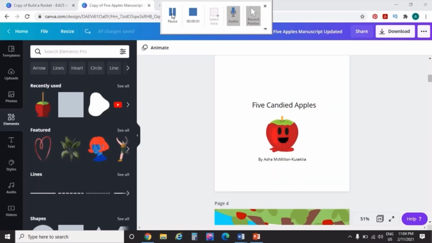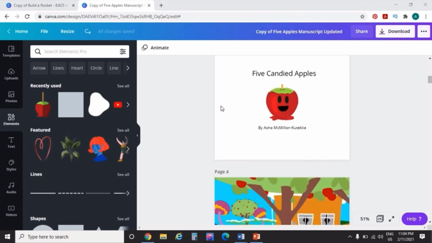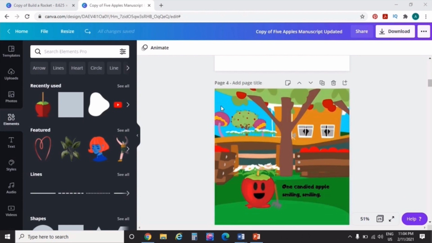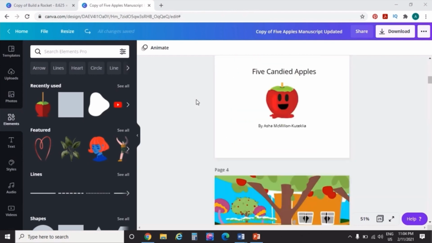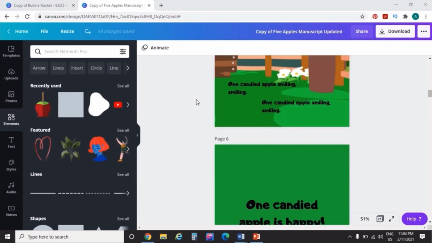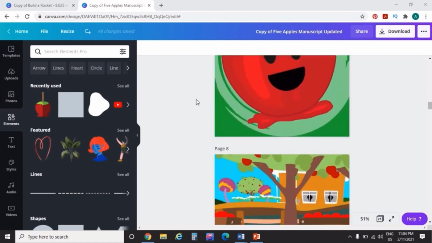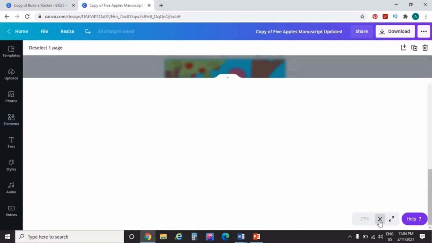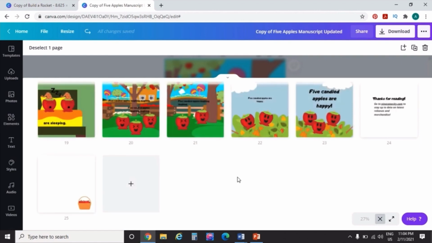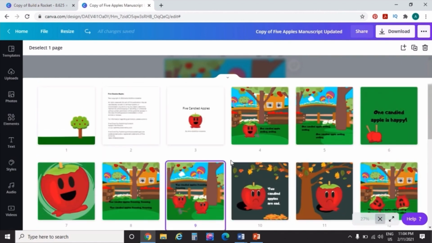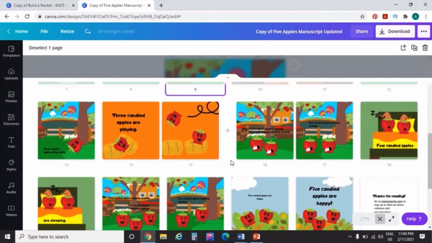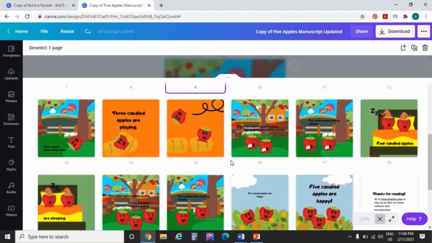Okay, so moving on, since we've already seen how to co-illustrate with Canva, we're going to see how we can do it completely reliant on Canva's elements. So this is 5 Candy Apples. This is one story that I did where I completely used all of my Canva resources. Actually, let me open it up so you can see the whole view of the book. It's a fun counting story. It's very simple. Nothing that you can't do on your own. And we're just going to go in and recreate